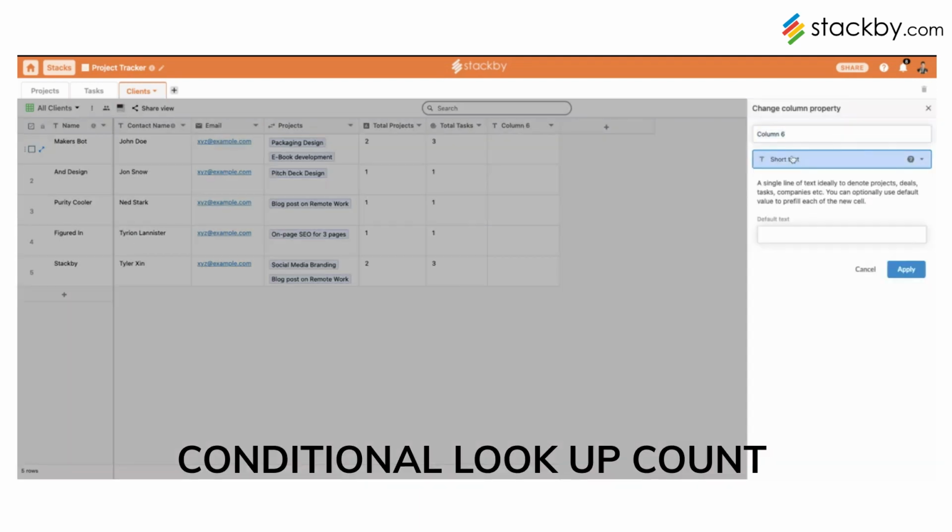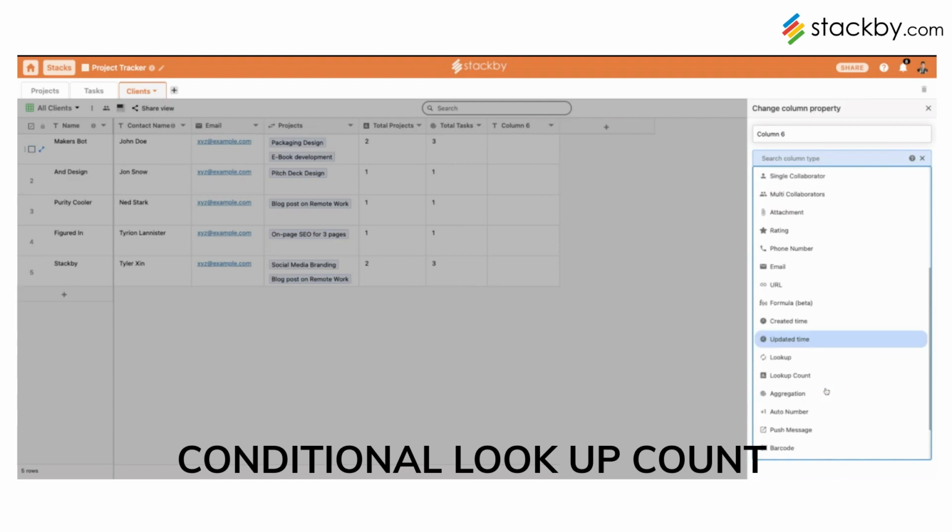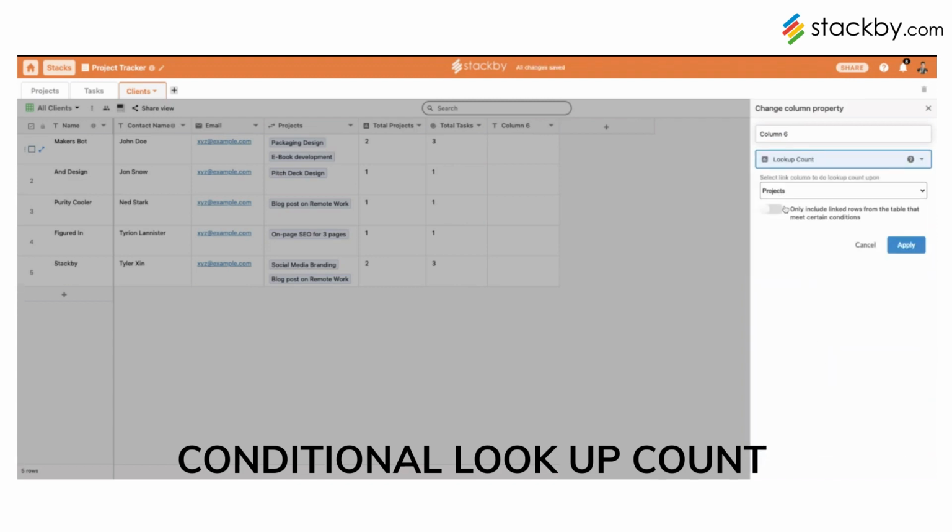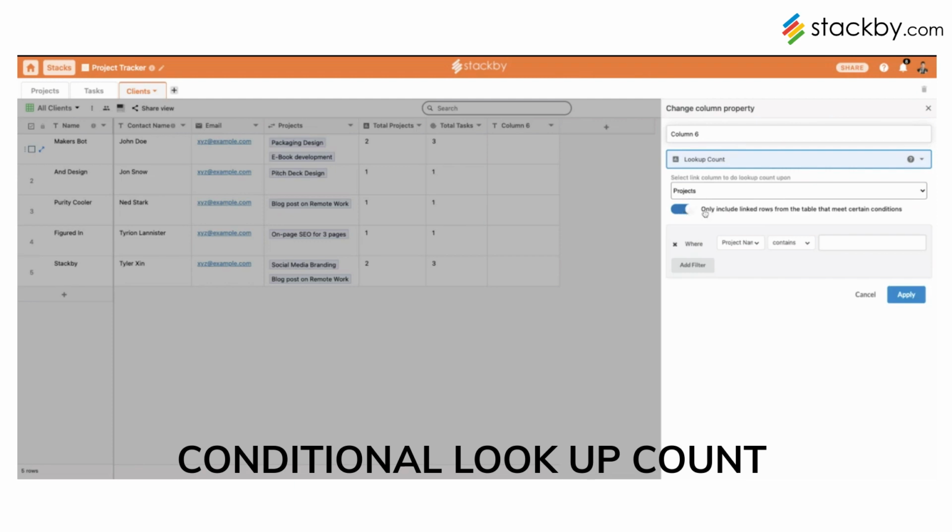If I go to my column, do a lookup count from the projects table, and click on this toggle, it will open up a filter where I just want to see where the due date is 1 week from now, and I apply it. And I can call it tasks due this week.